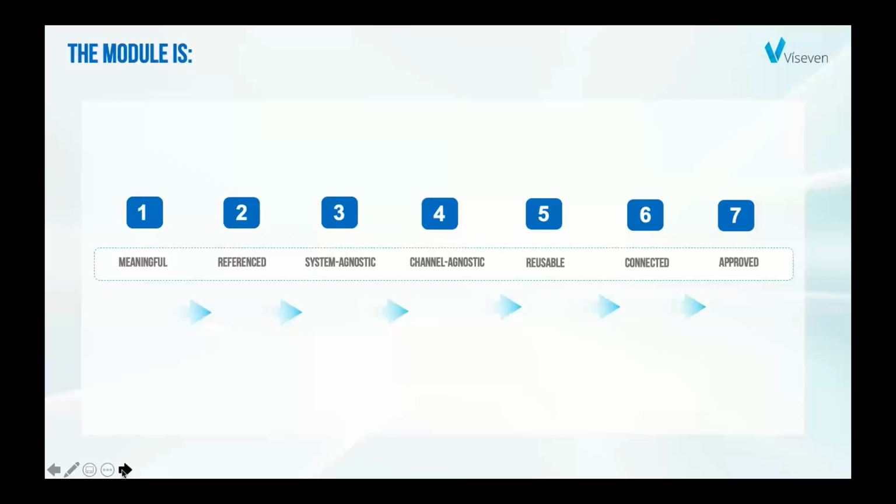And then the module is approved. So you should be able to approve it as a standalone entity, and that would be your building block for the future crafting of content. It would be a brick or a Lego block that we would then reuse to build something more.